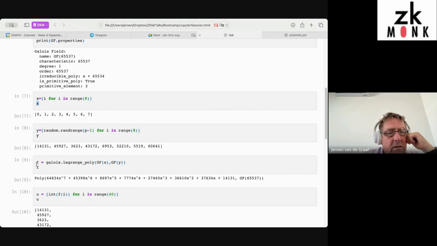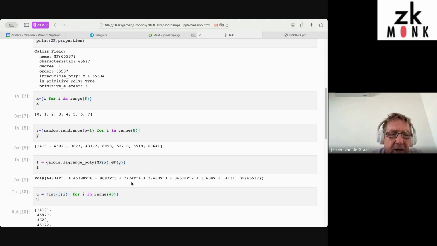And then here I tell this Galois package to do Lagrange interpolation to compute the polynomial. So the x value here is 0 and the y value is this one, and the x value is 1 and the y value will be this one. And so this is the polynomial that will go through all these